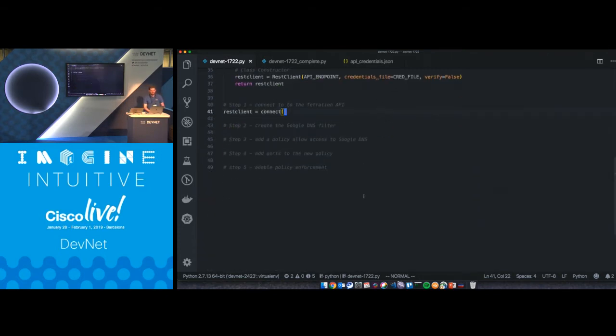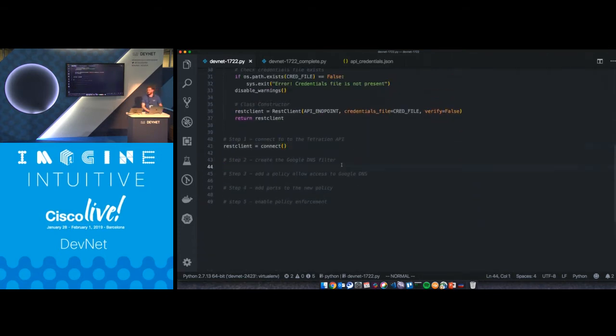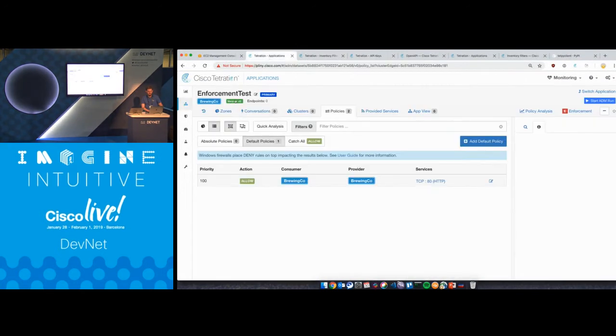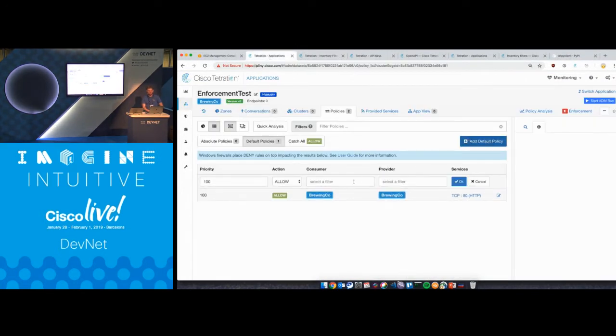The first thing that we want to do is create the Google DNS filter. The filter is going to be part of my application policy. My application policy says who is the consuming entity, which IPs are allowed to be the source IPs, and which IPs are going to be the providing IPs. So, I could say,